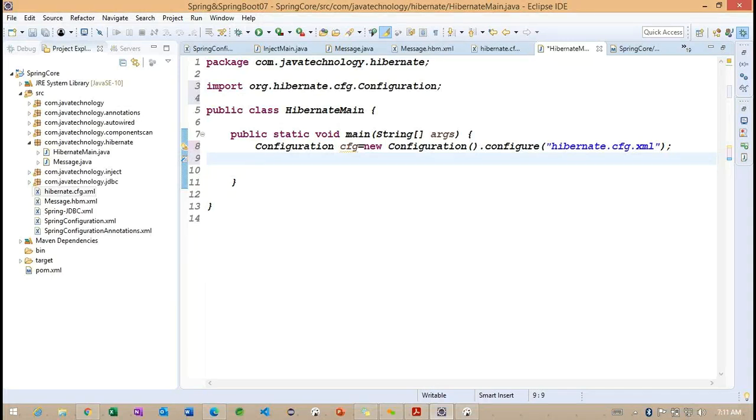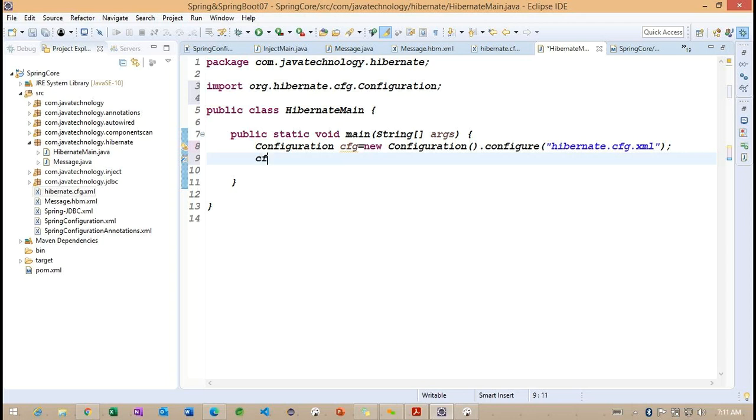We'll observe more information regarding these core interfaces when we discuss the Hibernate architecture. Back to here, just understand how we need to execute this simple example.